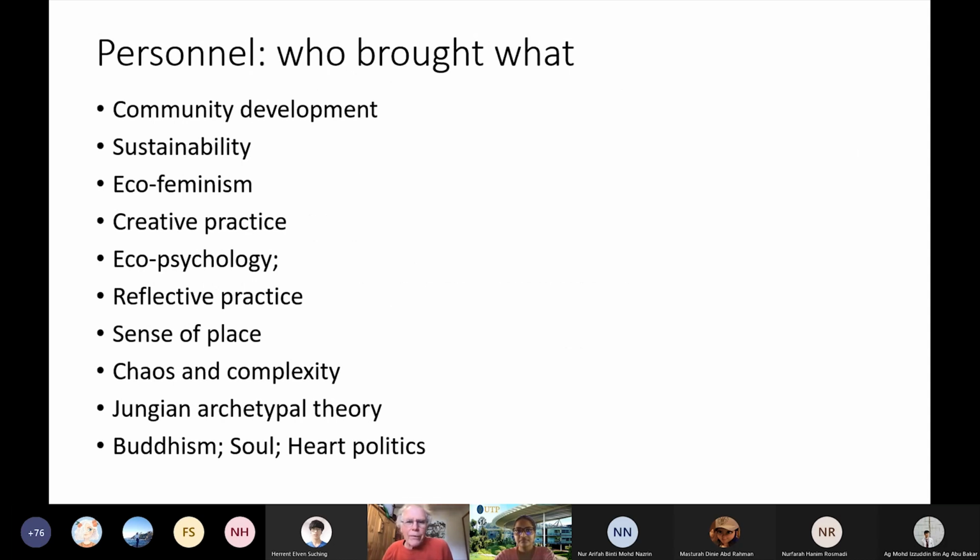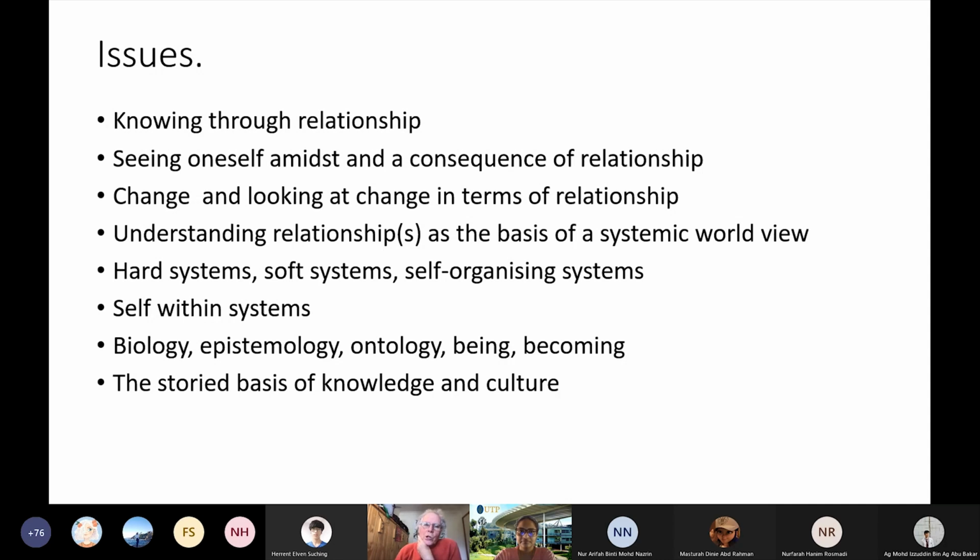These are the sorts of areas that the staff I worked with came from: community development, sustainability, ecofeminism, creative practice, eco-psychology, reflective practice, sense of place, chaos and complexity, Jungian archetypal theory, Buddhism, talked about soul, talked about heart politics. So when I started working there, there was a group of about 14 or 15 staff who came from these sorts of backgrounds. And we came together around this perspective of social ecology to address the key issues on the next page. So these issues of knowing through relationship, seeing oneself amidst and a consequence of relationship,